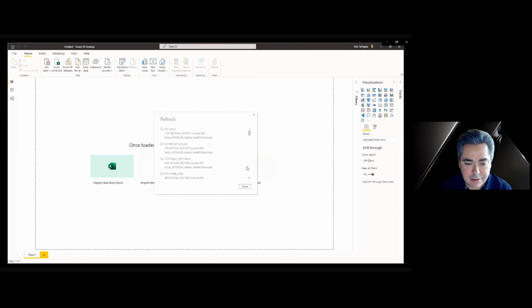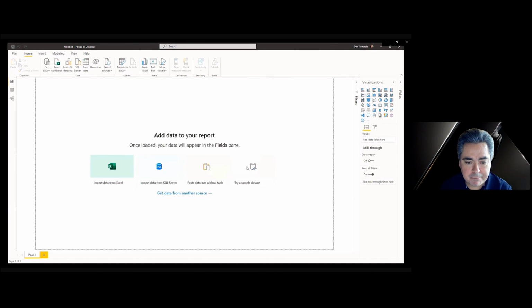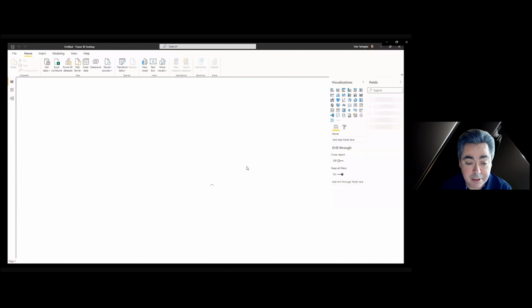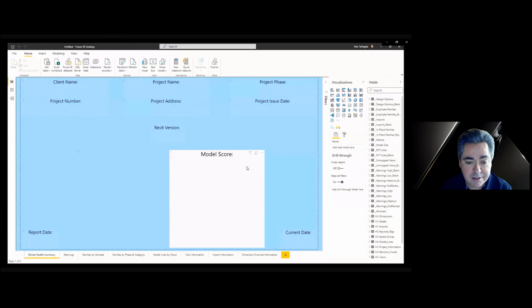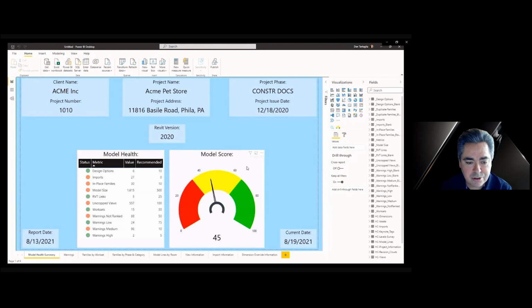We're not done yet. There's another step to this for the first page, the summary page. It's not a hard thing to do, but something needs to be done to make sure the data is correct. So right now let's wait until it loads. There are 2 main visuals here, model health and model score. There needs to be 12 metrics in that model health table you're seeing on the left. Right now there's only 11, and I'll show you why, but we need to fix that.